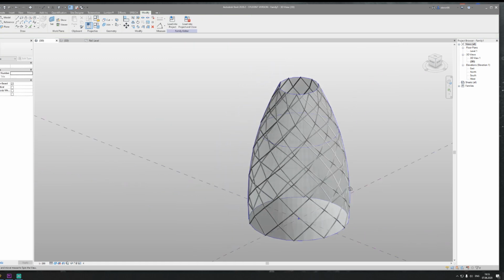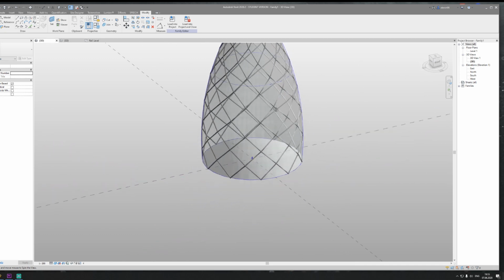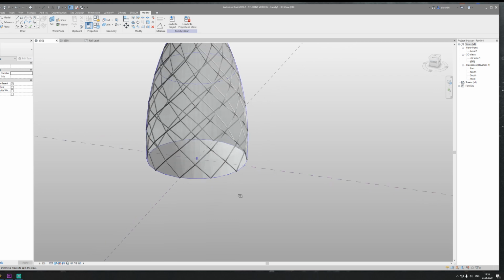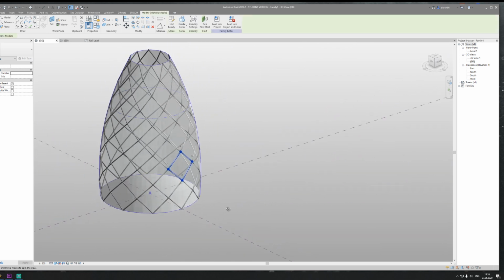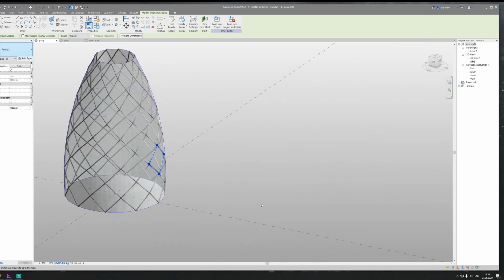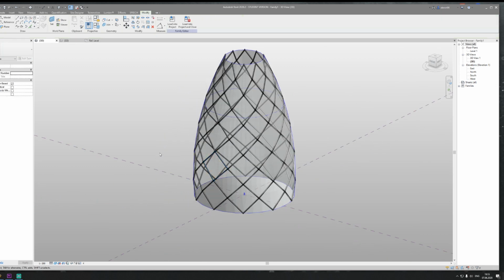And as you can see, here is our wireframe. So that one I'm trying to show you. No, it's not because of the adaptive component. Everything is alright. Just be careful when you are creating it. As you can see, everything is alright. It's not going strange. And you know the nice thing of this way,